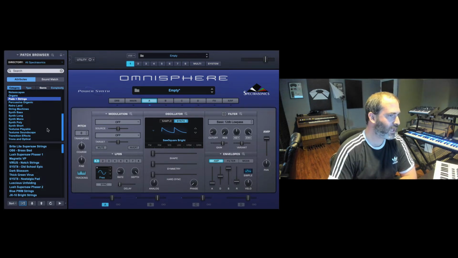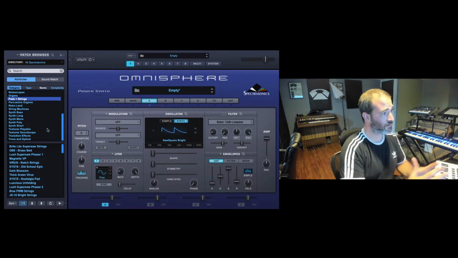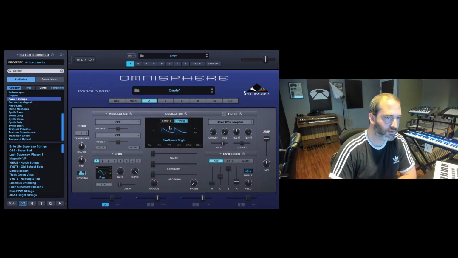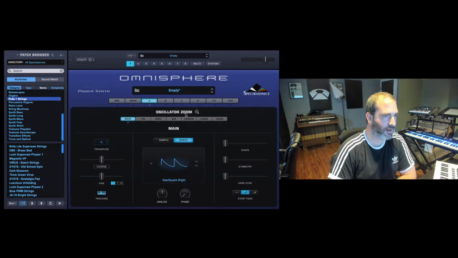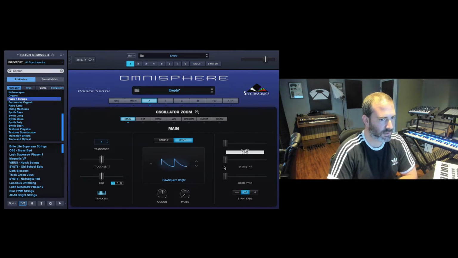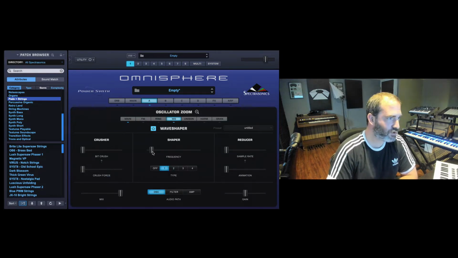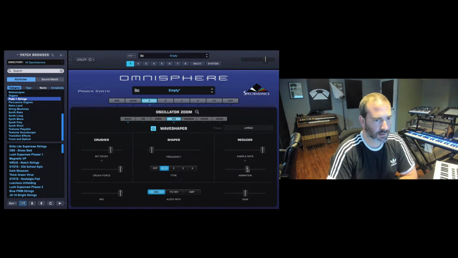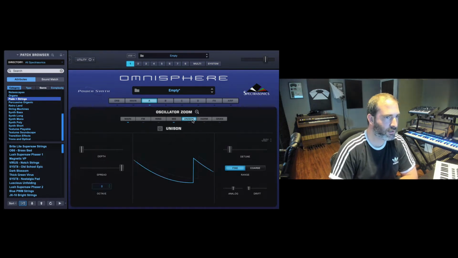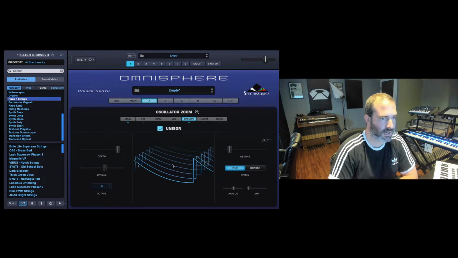So you are capable of not even touching the synth because you have the library. But if you do want to go in, there's crazy stuff in the oscillator. All this wave shaping, symmetry and shape, hard syncing. You have FM built in, ring modulation, more wave shaping, in a matter of reducing the bit depth and bit crushing. Crazy unison section if you want to make those super saw sounds